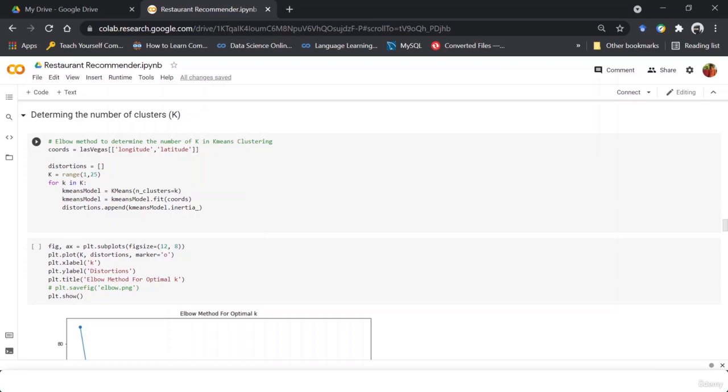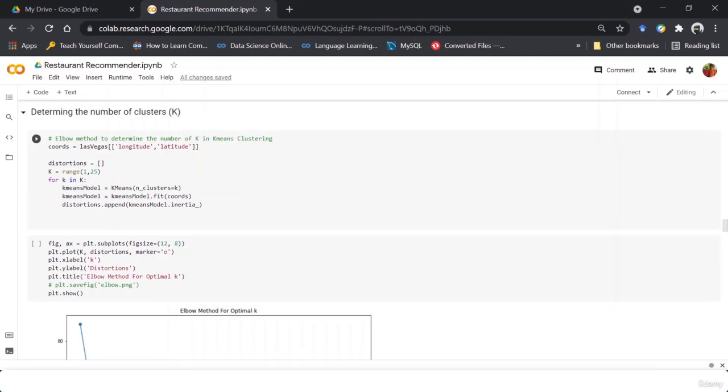By finding the optimum value of k, we can say that the prediction or recommendation given by this k-means model would be highly enriched and precise. So for that reason, we are optimizing and finding the best value of k.